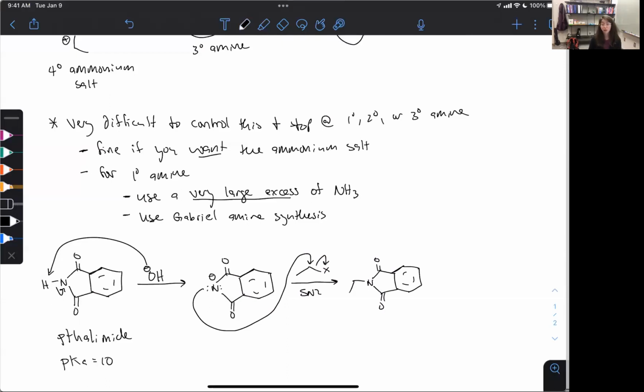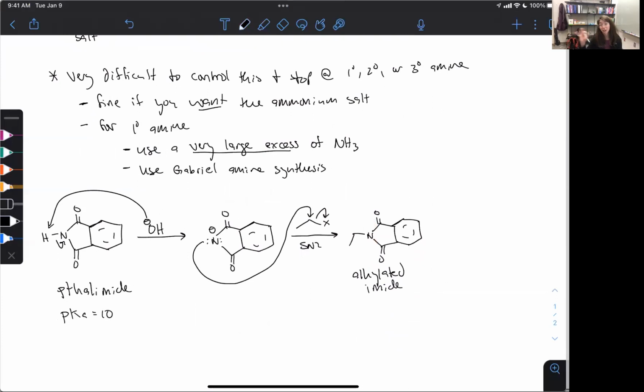And then I've done my alkylation, okay? And let's say we don't want all of this. If we just want the amine, we can absolutely get there. So think about this imide. Okay, this is our alkylated imide. So that imide is very similar to an amide, okay? Just like anhydrides are kind of similar to esters. This imide is going to be very similar to an amide, where if we just use, I'm going to go down here,